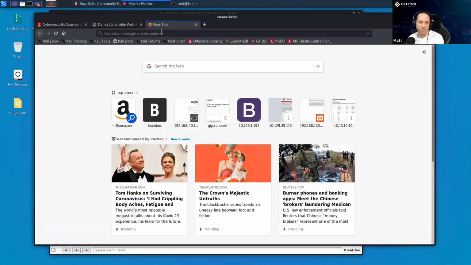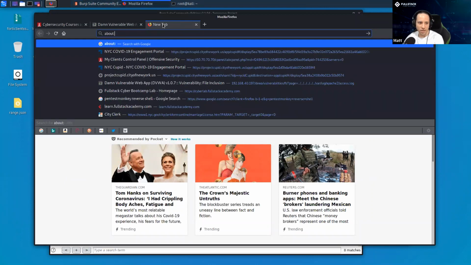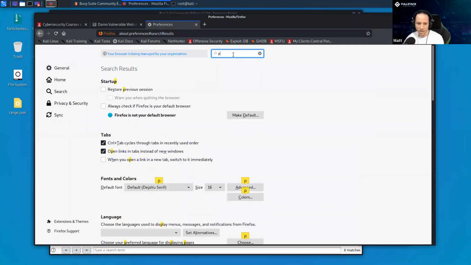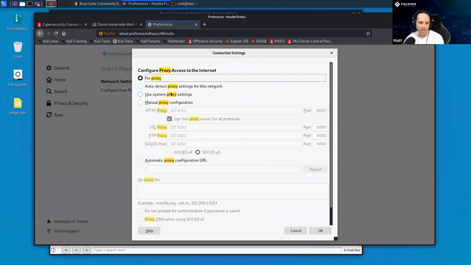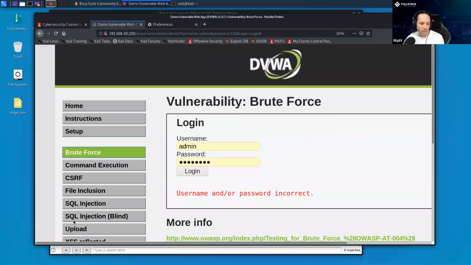Now I have to tell Firefox to use the proxy. So if you go to about:preferences and search for proxy, there's the setting: manual, set it to localhost and port 8080, because that's where Burp is living.